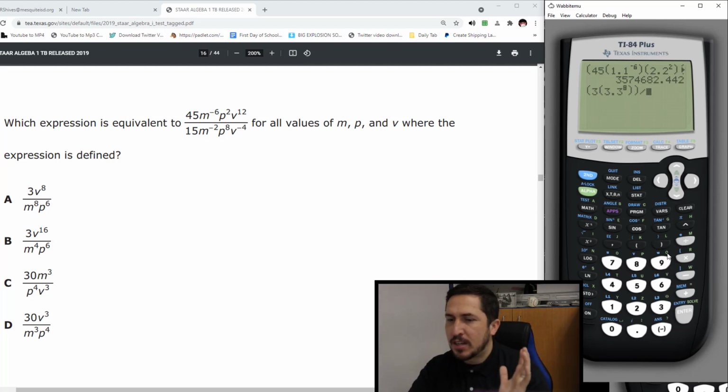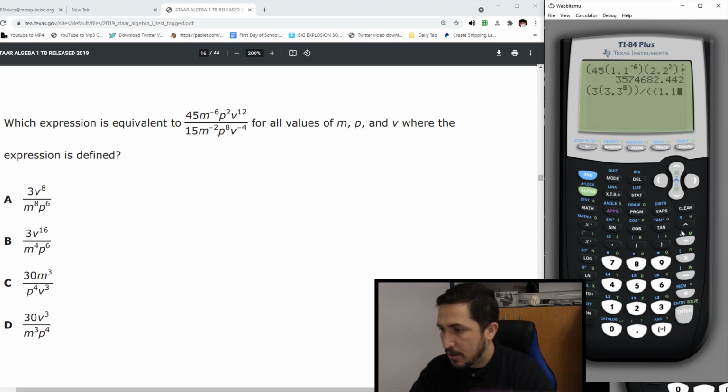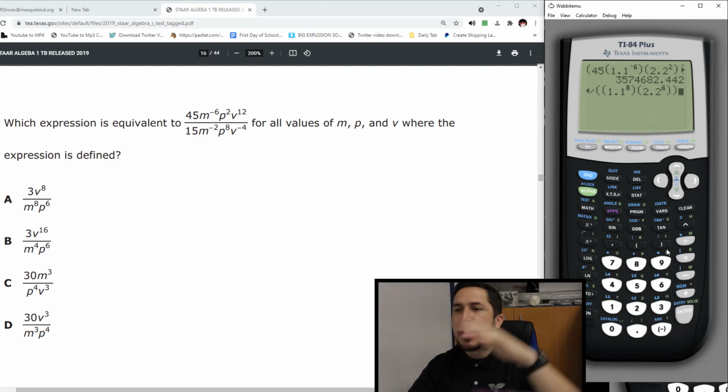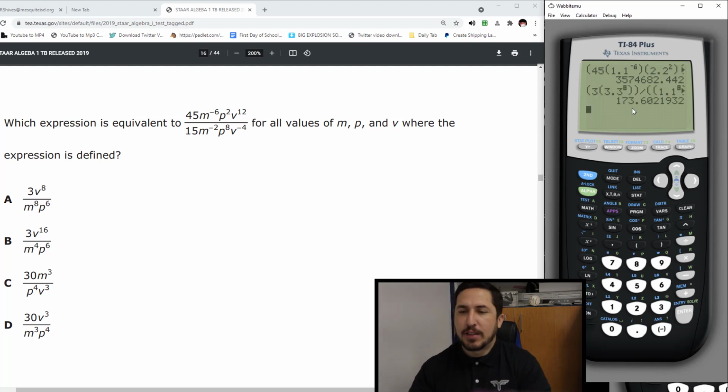Wrap the top part because we're done. Put a division. Wrap the bottom part because we're starting. Put a parenthesis because this is a letter. M was 1.1. Raise him to the 8. Get down, close it. The other guy is 2.2. Raise him to the 6. Get down, close it. I'm done typing the bottom, so now I put a parenthesis. So I've wrapped the top, wrapped the bottom. Let's go, hit enter. I'm hoping to get a 3, 5, 7, 4, 6, 8, 2. No, I didn't, so that's not the answer.